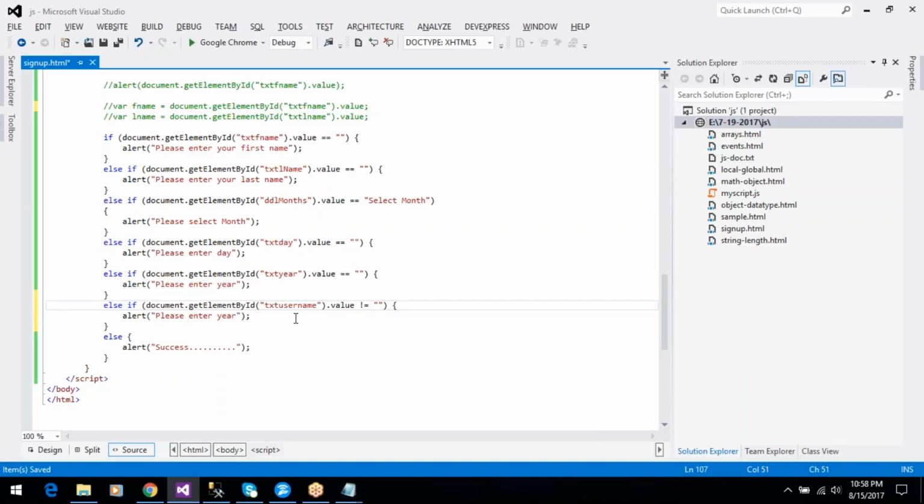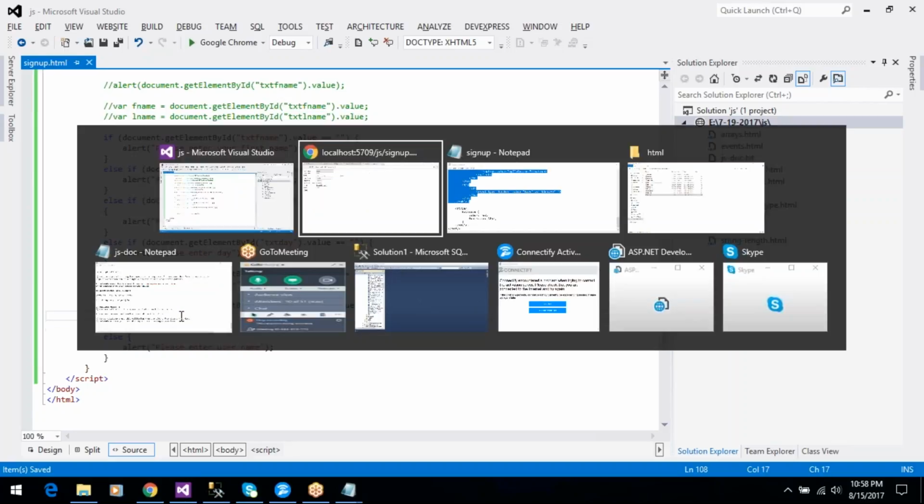If username is not equal to empty, it will go to the else part. If it is empty, please enter username. So here we need to write